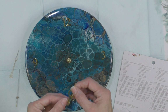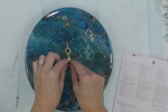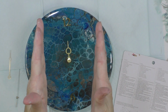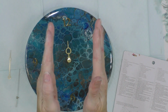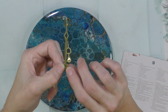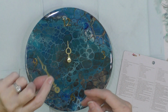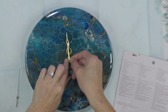So the first piece just goes down right over that post. But like I mentioned, the post is threaded, but there are two straight edges and then it's curved on either end, so it's not a full circle post. It is straight and then it has a curve and a curve. And so you have to make sure that this piece, which also is straight on both sides and then a curve on the top and the bottom, is totally lined up with the post,